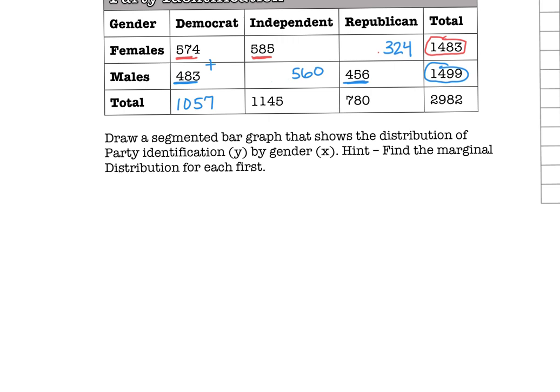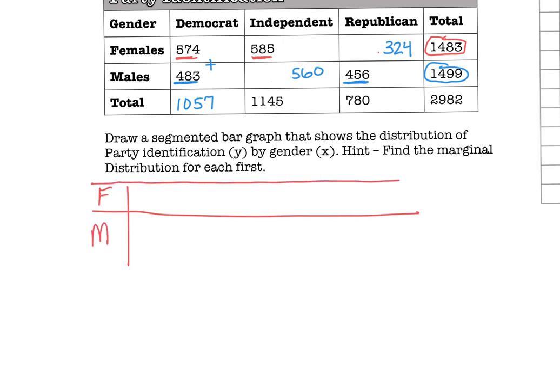So we're going to recreate this chart here. Okay, and then what we'll do is we'll use the relative frequencies though. So this was Democrat, this was independent,